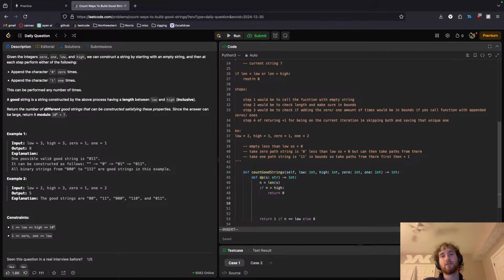Okay. So if low is greater than or equal to... holy cope, true though. Yeah, no, don't do that. Fuck it. Is less than or equal to high, then we can take the path of appending zeros, and then just